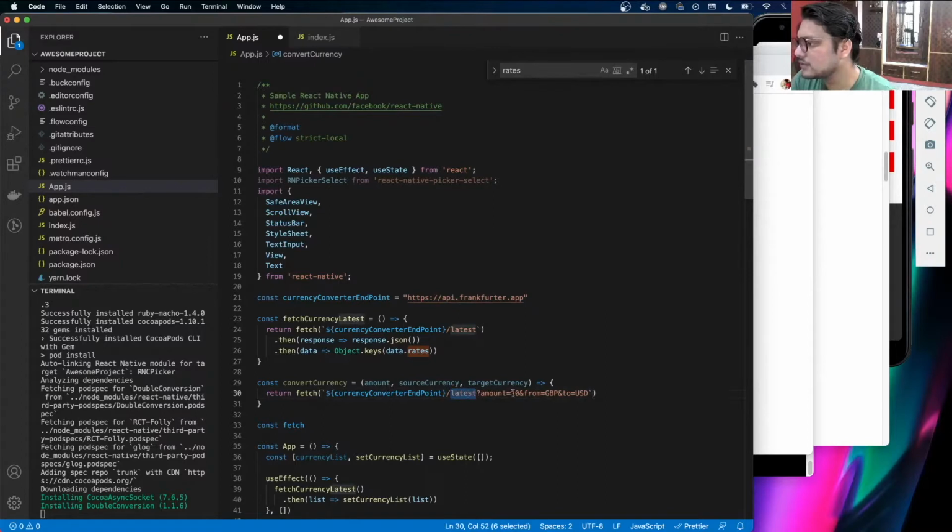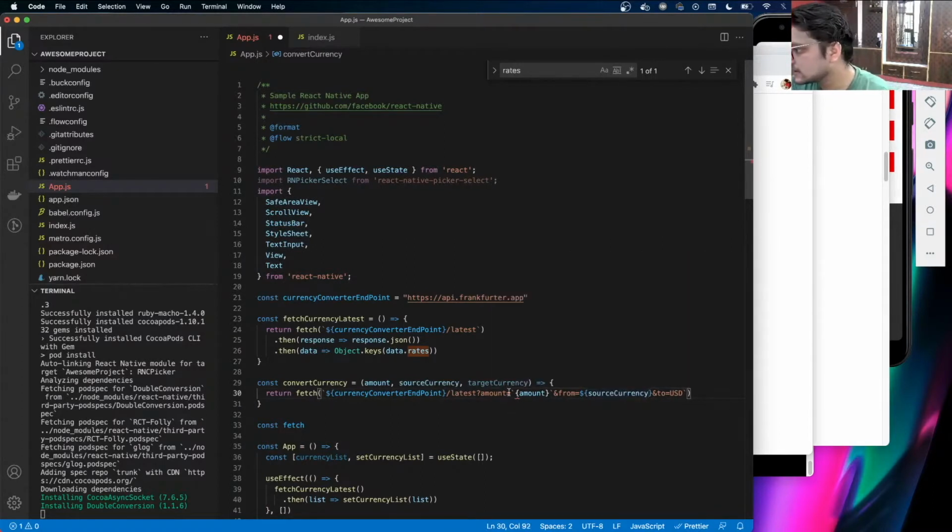So instead of latest, amount, our amount from the param will be added. From GBP will become the source currency,